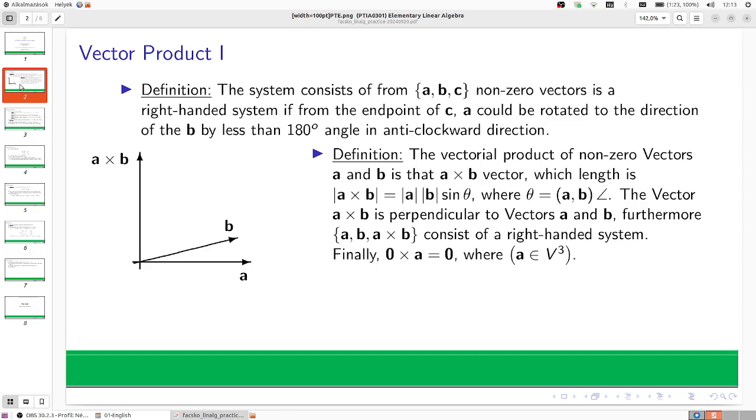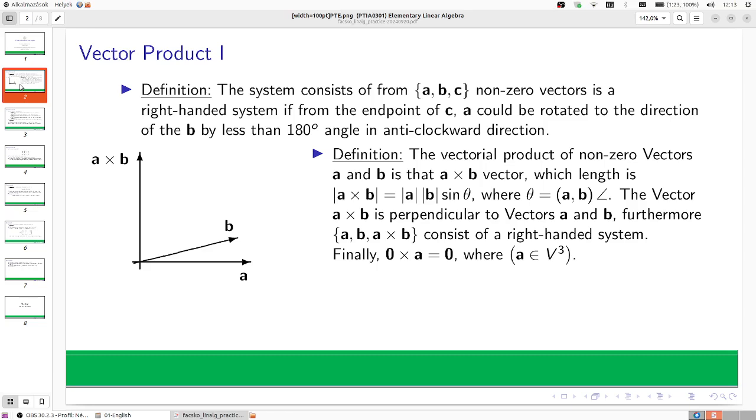For the length of the vector, we have this term: the length of the two vectors multiplied with the sinus of the angle between the two vectors. This sinus function has some consequences that we will use very soon, and the direction is important too. There is a definition that's very bad, so it's better if you use your right hand. The A cross B